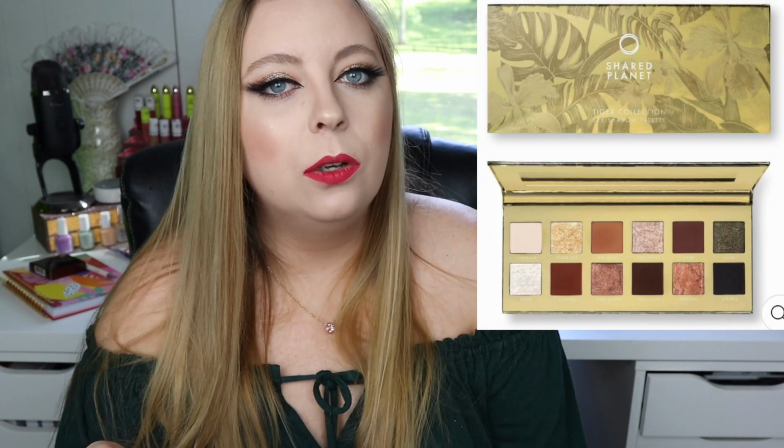You should definitely check it out, which makes me a little bit more excited about these palettes coming in the box, just because there is such a great cause behind this brand, and it's not just a filler brand in my opinion. So the first one we're going to talk about is the Tiger eyeshadow palette,